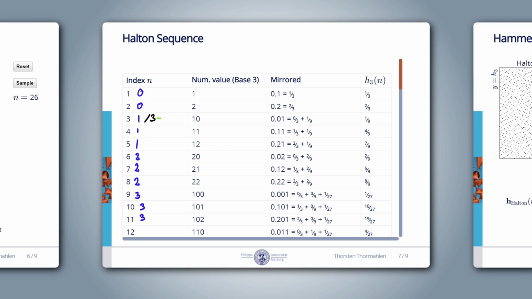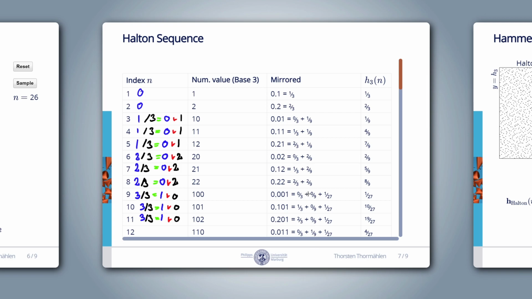1 divided by 3 is 0, remainder 1. Same here, same here. 2 divided by 3 is 0, remainder 2. Same here. 3 divided by 3 is 1, remainder 0. Same here. We see that the remainder gives us the nominator for our digit factor of 1/9: 1, 1, 1, 2, 2, 2, 0, 0, 0, 1, 1, 1, and so on.